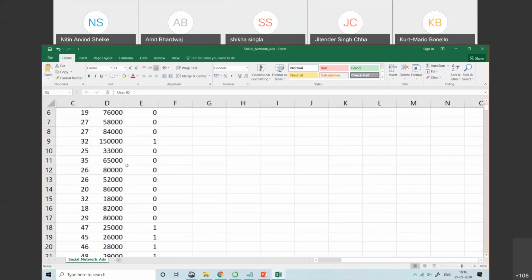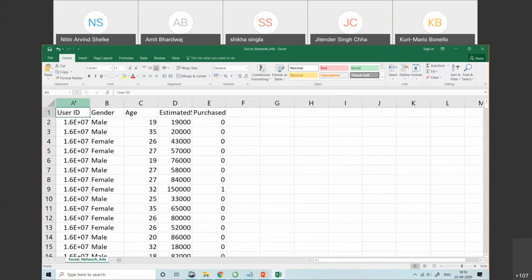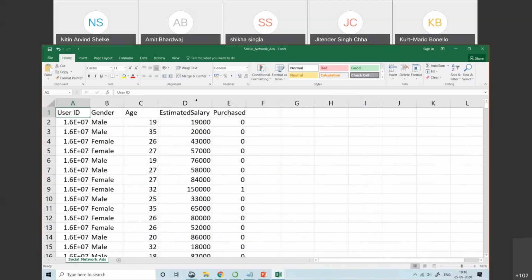It has the columns user ID, gender, age, estimated salary, and purchase. The main theme is that we need to predict whether a person is capable of buying something or not on the basis of age and estimated salary.